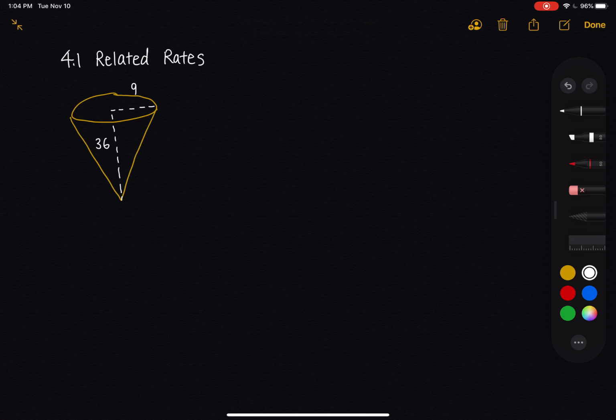Section 4.1 Related Rates. So we look at this problem, an inverted conical tank. As the figure shows, it is 36 feet deep and 18 feet across at the top. Well, 18 across means 9 is the radius. Okay, it is being filled with water at a rate of 14